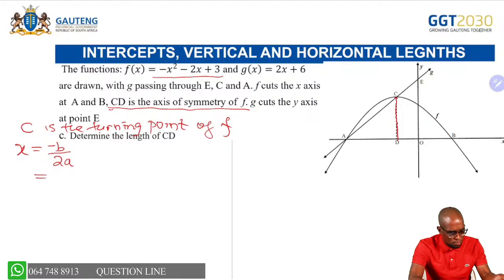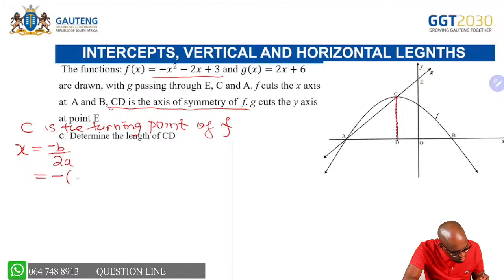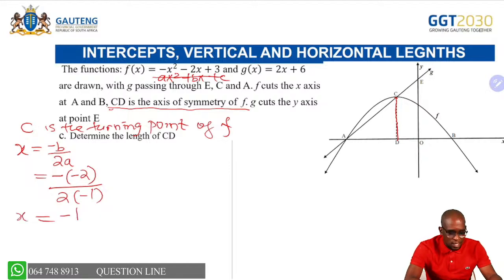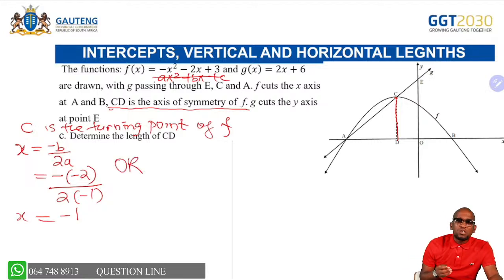You use minus b over 2a. So negative b, that would be negative into negative 2, because this is ax squared plus bx plus c, which means that 2a is negative 1. So this would be x is equal to negative 1. Remember, grade 12s, I said to you the axis of symmetry is the line that cuts the graph